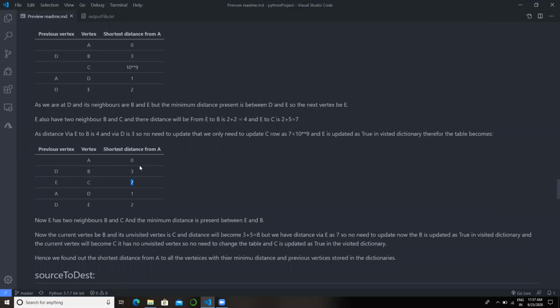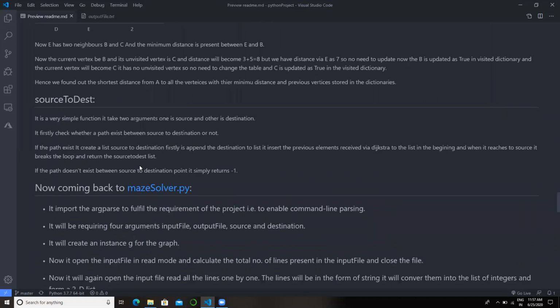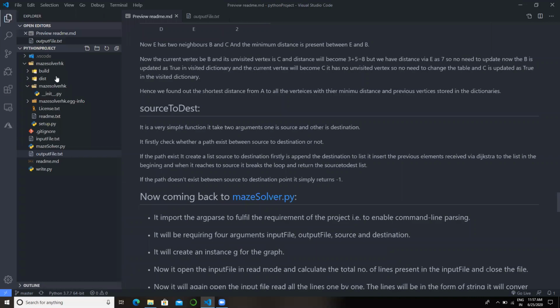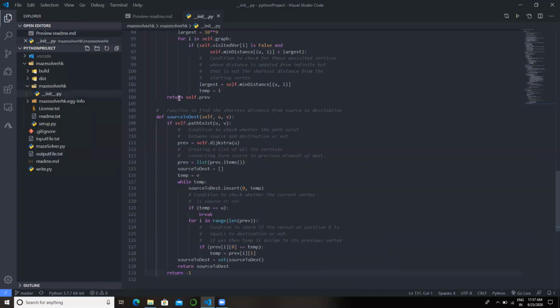So in the source to destination function, which is written in the init.py, we first check whether the path exists between source and destination or not. If the path exists, we apply Dijkstra. Via Dijkstra, we get a dictionary with the current node and their previous vertex with minimum distance.